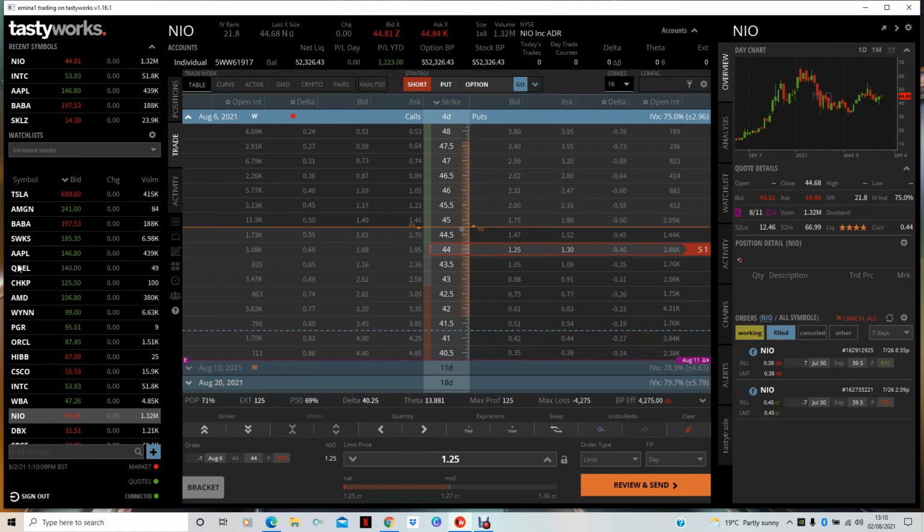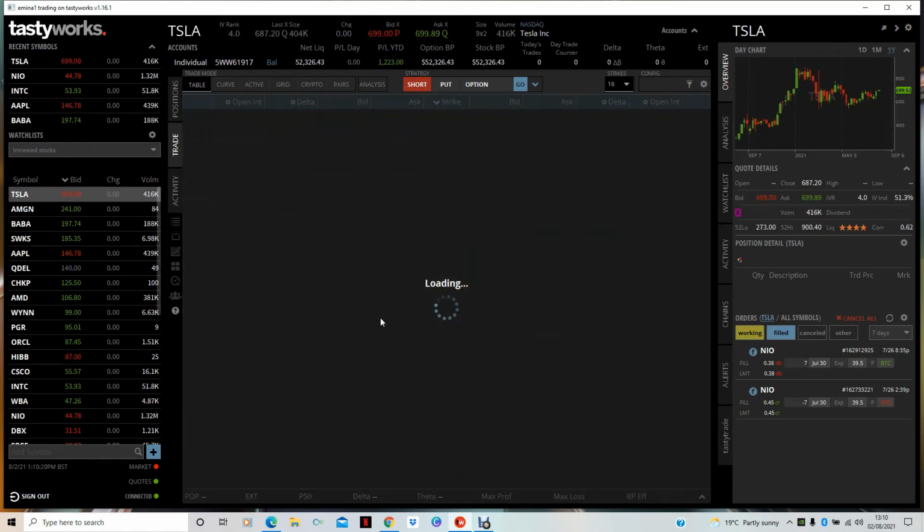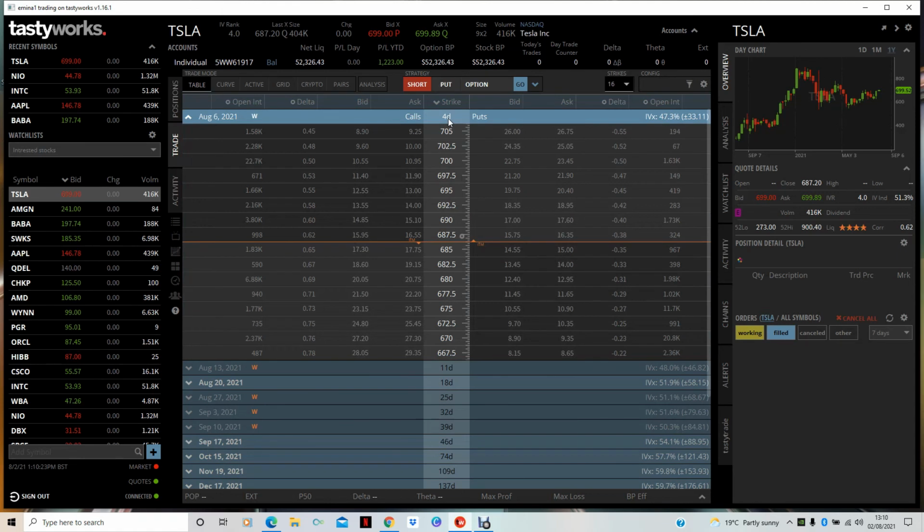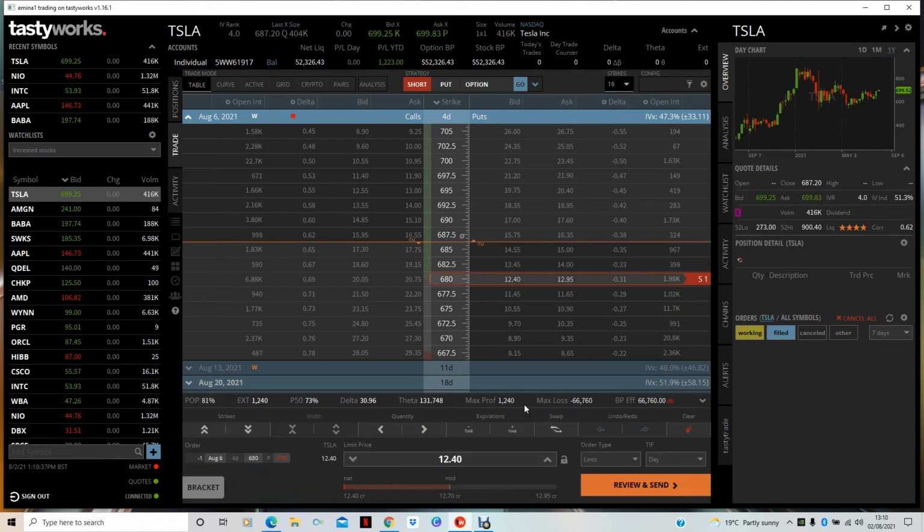With the more expensive companies, the premium mightn't be as attractive, but you can still make a heck of a lot of money by trading these options. If I show you Tesla, it's just crazy. If I go on the 4-day option for Tesla, that's the price of Tesla at the moment, $487. If I want to buy Tesla at $680 and click on it, look what they're offering me. I'm being paid to buy Tesla cheaper than it is today.